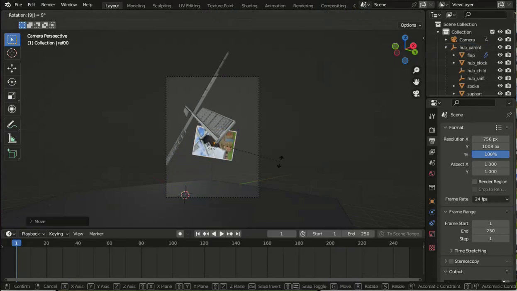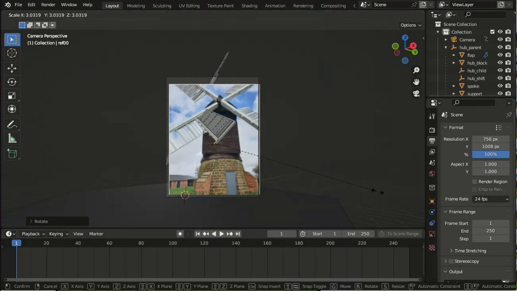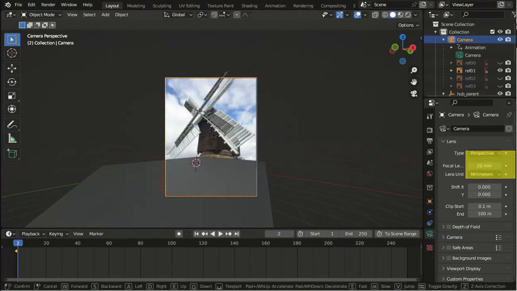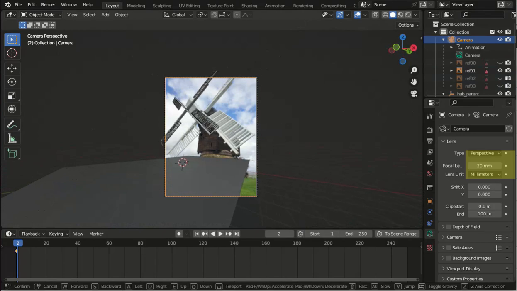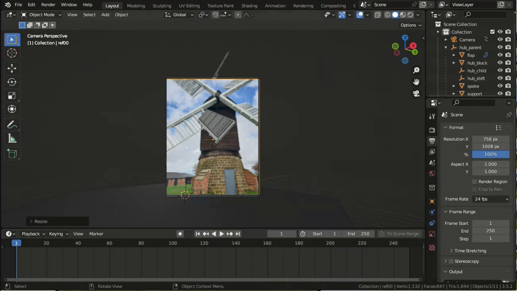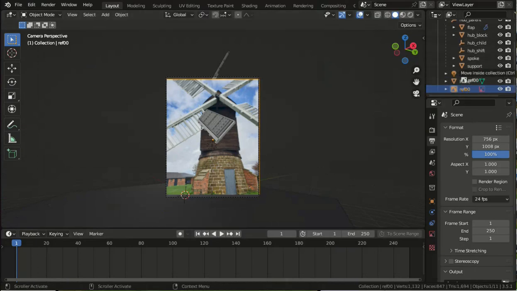In actual fact, it's worth spending time before you go through this process. You'll probably find somebody has put the focal length equivalent for a 35mm photo sensor, and that's the figure that you want. But if you can't find it, you have to go through this trial and error process that I'm going through now. So I've selected the images, I add them as a reference image,